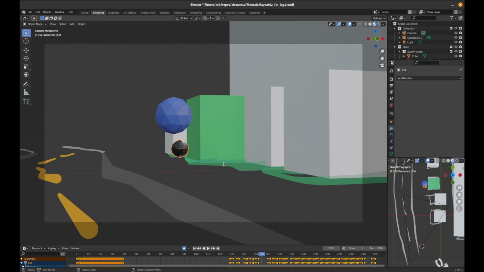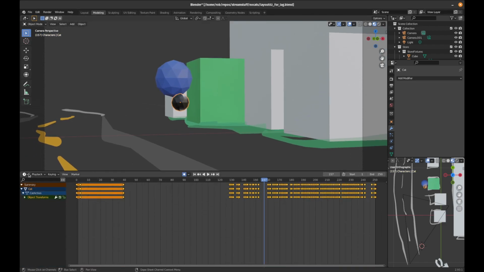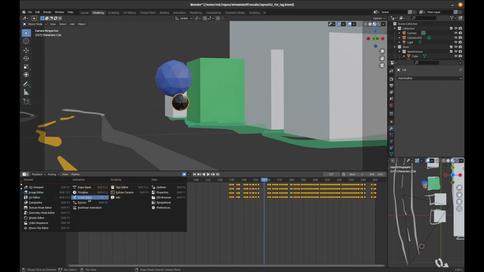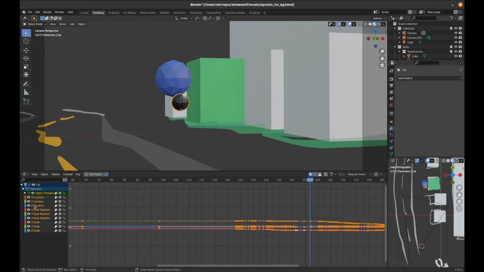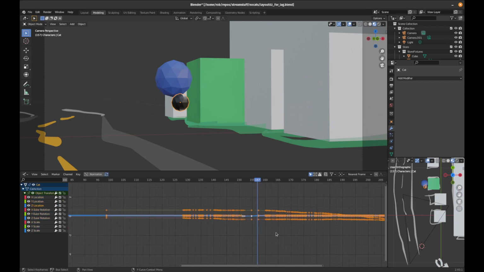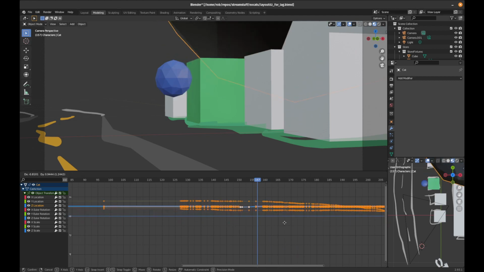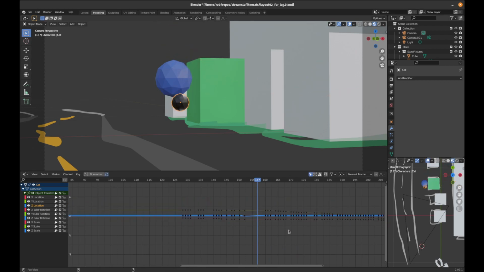Yeah, and then I need to fix all of these. This will be worth it. Okay, so just his Z location. I don't want everything, just want